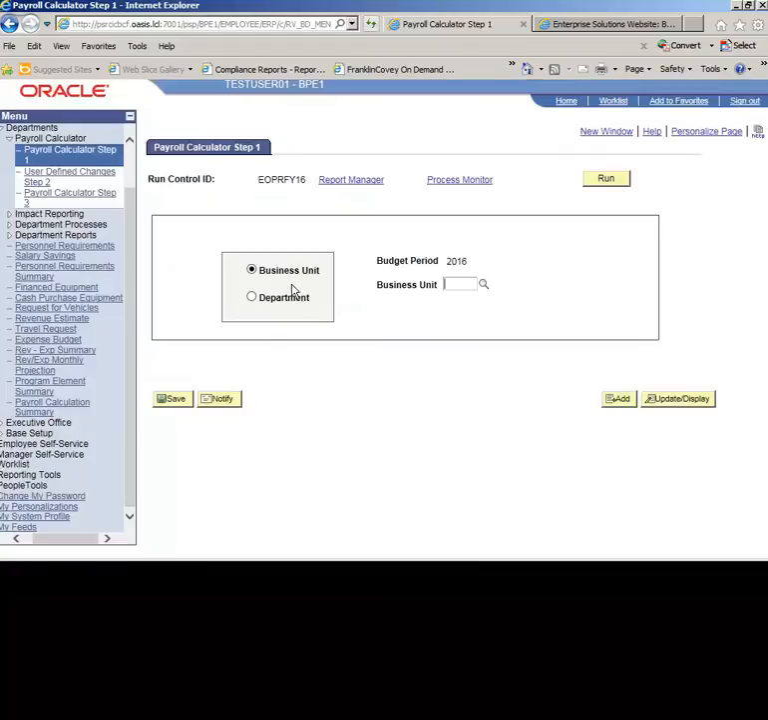So running this payroll calculator by business unit means that you are going to get the payroll information for the entire department. Now, some departments have multiple units, and those units have different people that are responsible for developing the different budgets. So the biggest error that we have seen that causes the most anguish at this point is when you have